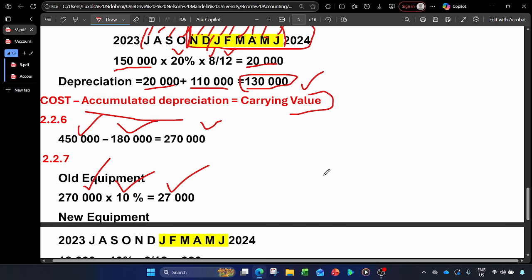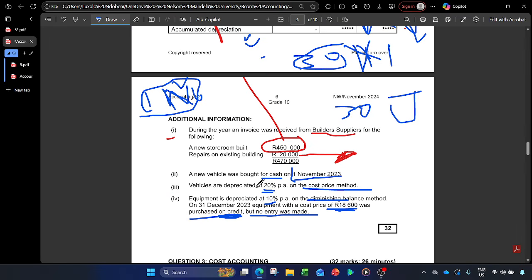So that means at that point in time, it doesn't have carrying value at beginning. As you can see, this 270,000 is the carrying value at beginning. So if you say cost minus its carrying value at beginning, it doesn't have a carrying value at beginning. So that means the carrying value will be 0. So that means if we're about to say carrying value, we'll say this 18,600 here, which is the addition cost of the new vehicle, 18,600 minus 0 will give you carrying value, which is 18,600. It doesn't change. So for the new vehicle, you can just use the cost as the carrying value, because it doesn't have the carrying value at beginning, right? I think that one makes sense.